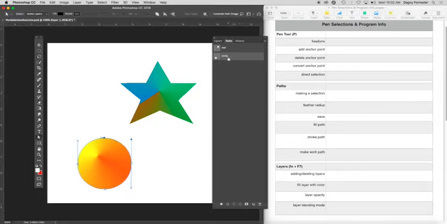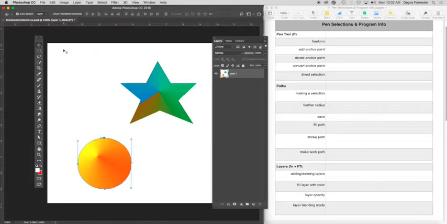Okay, so we have a circle up here. It doesn't look much like a circle. We have a star, and we go back here to layers. There's nothing selected yet. So what we want to do is make selections of the star and the circle and put them on new layers. So we'll copy and paste once they're selections. So we'll start with the star,